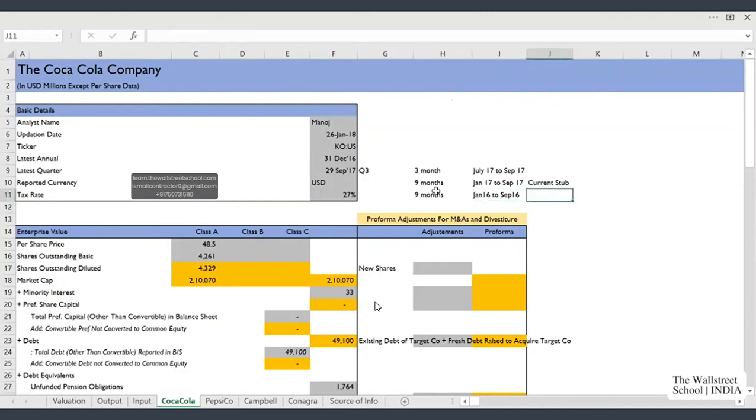This is called prior stub. So friends, this prior stub number would also be available in the latest Q3 filing, as whenever company reports its latest financials, it also makes comparison of these latest financials with the corresponding period of the last year.